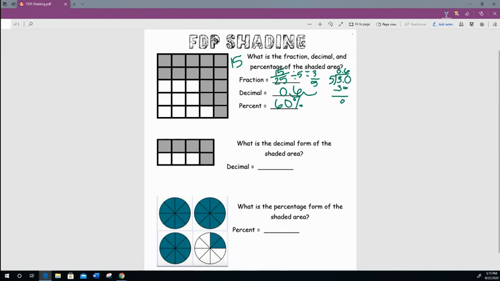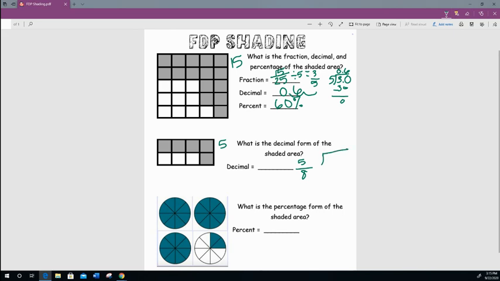For the next problem, we're doing the same thing, except this time they just want to know the decimal. So the first thing you want to do is count how many shaded. 1, 2, 3, 4, and 5. So there are 5 shaded out of a total of 8. Now that might be a little tricky to think about in decimal form. So what we can do is, if we wrote it as a fraction, 5/8, we could then convert it,